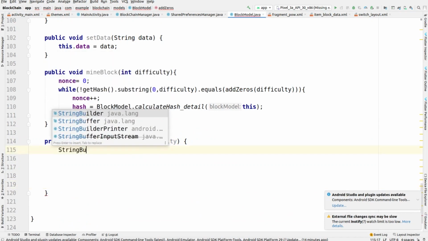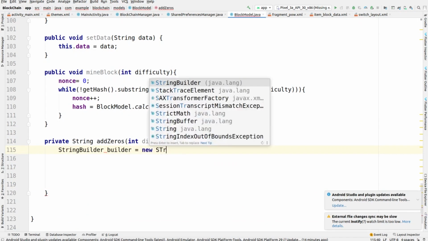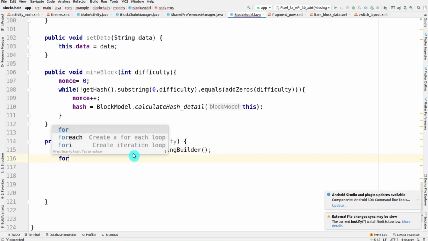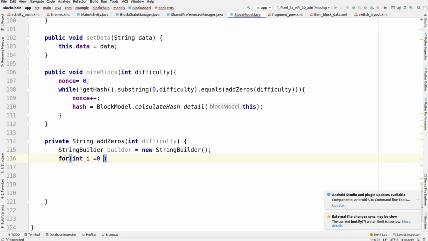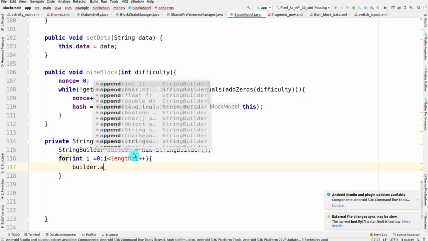So within this function I'm again going with a StringBuilder, and I'm creating an object here, you can see that. After that I will be going within a for loop, up to the length, and then it is not length, it should be difficulty actually.